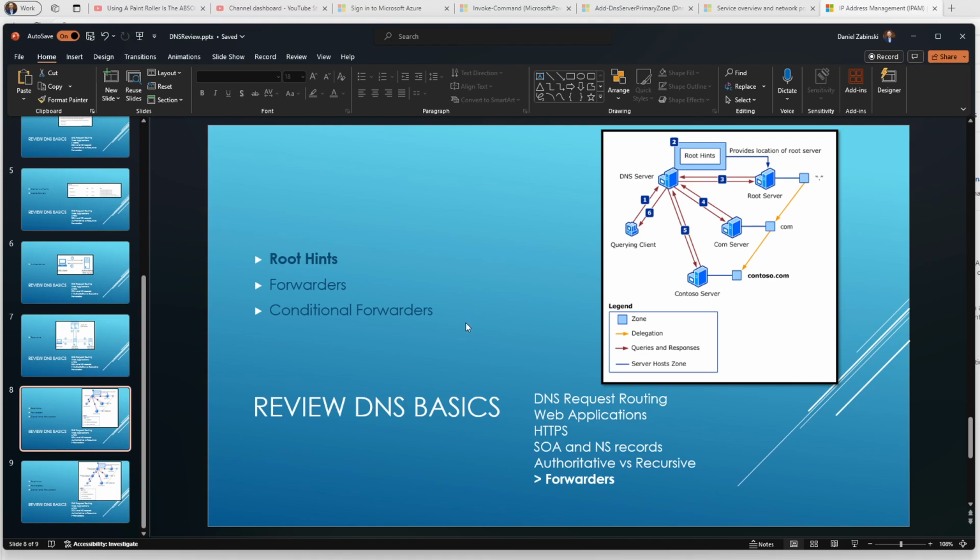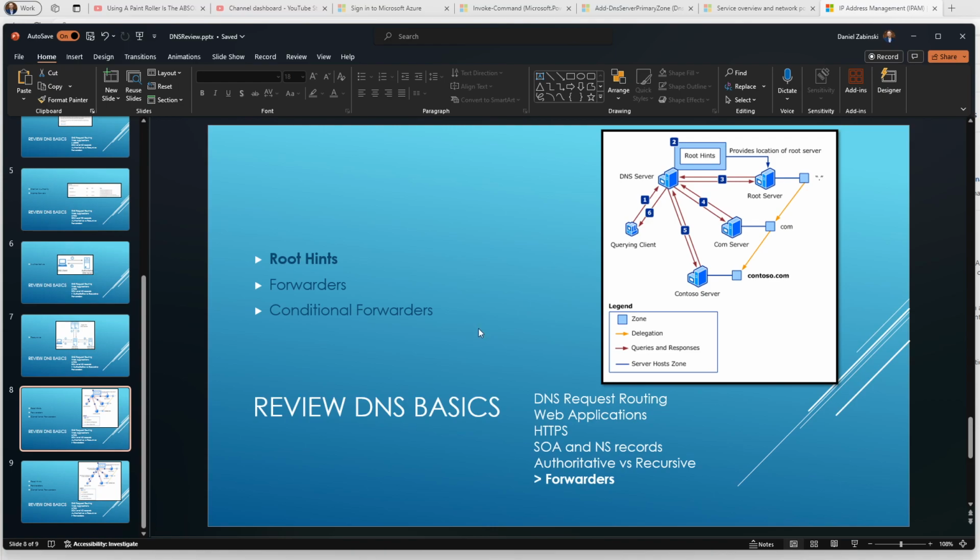I think the default method is to use root hints. Root hints are not necessarily the most efficient, but they work. Essentially, what a root hint does is you get this giant list of root hint servers. I think they're like roota.microsoft.com. I don't know, it doesn't matter. But if you're querying your DNS server, your domain controller, for google.com and it doesn't know where google.com goes,